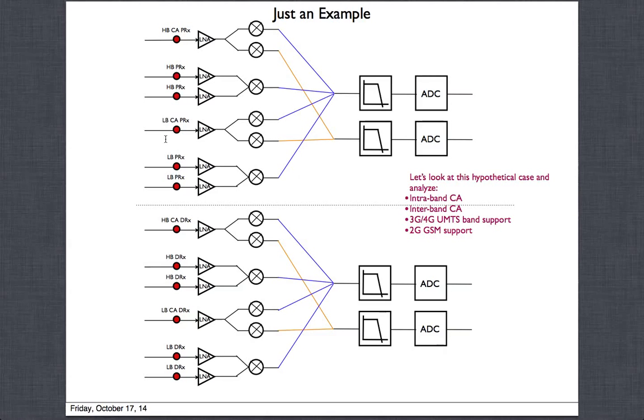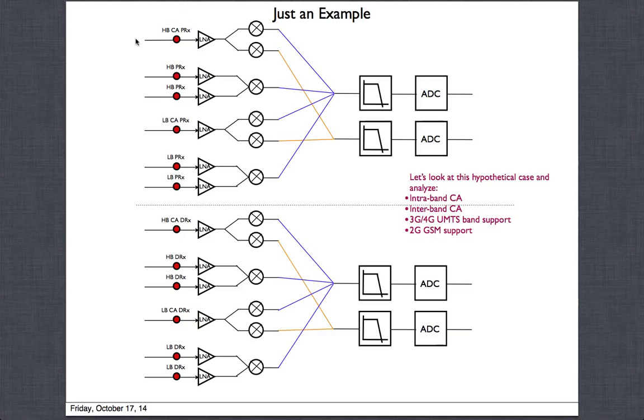But again, a phone configuration might say, hey, I want two low band paths for 2G, and I want two paths for 3G, and then on top of that I want another path for carrier aggregation. So it'll be like 5. Then you might have to support more than this. It might be 5 of them for high band, 5 of them for low band, or something like that.